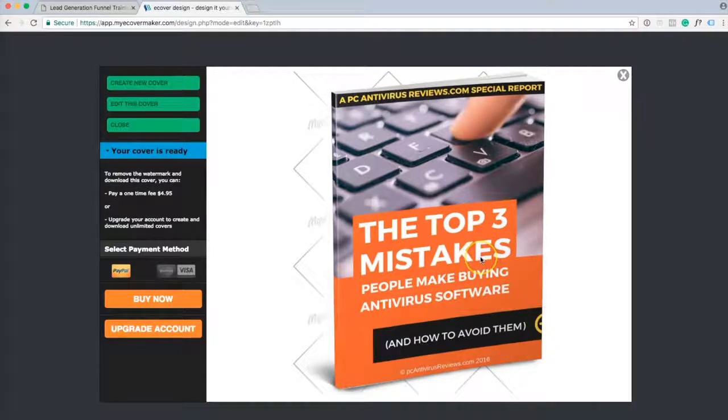So what I would recommend doing is, before you get to this stage and you're still back in Canva, one of two things. Keep all your text and everything relatively in the center so you don't run into these problems on the edges. Or if you want to make a quick mock-up, just do what I just did here and see how it's going to lay out in the end before you finalize your image. But let's just say this is what we want, and then all you would do is you click Buy Now,